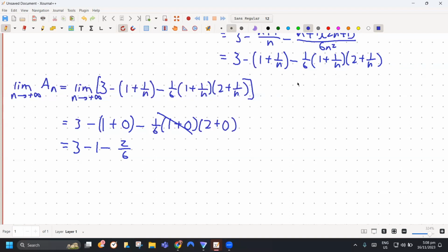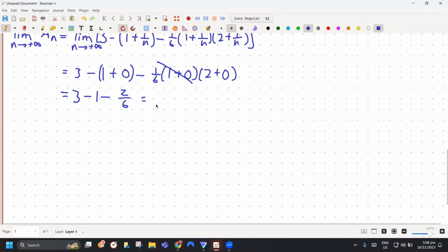Okay, so that simplifies to 2 minus 1/3. Okay, so 1 2/3, or 5/3. So what, 5/3. Now, set up the definite integral. In integral form, what is that? That's the integral of,